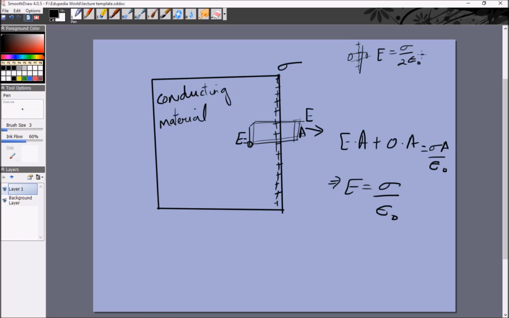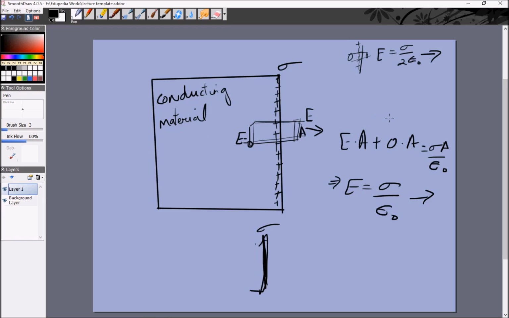And this is something which generally confuses students, that if you have a single sheet of charge density sigma, then what is the electric field outside it? Is it sigma by 2 epsilon naught or sigma by epsilon naught? The answer is the electric field due to a single sheet will always be sigma by 2 epsilon naught. But this is not a single sheet, is it? Because there are two ways you can look at this. One, you can just purely use Gauss law and see that the electric field here has to be sigma by epsilon naught. Or another way you can look at it is the way I like to look at it,